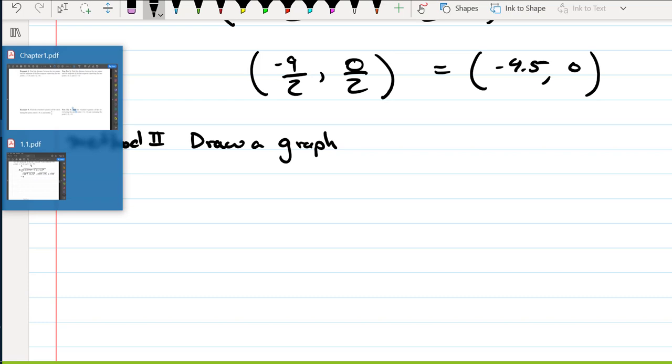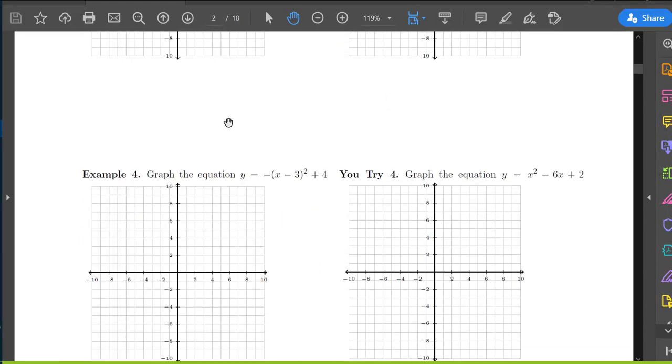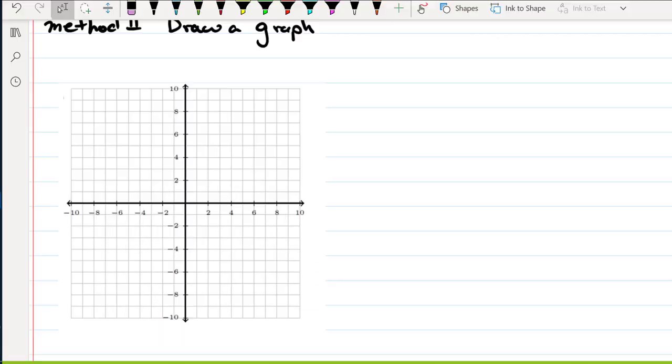And to aid in our drawing a picture, I'm sorry. I wasn't done talking. All right, so for method 2, let's do the same thing, but let's go ahead and